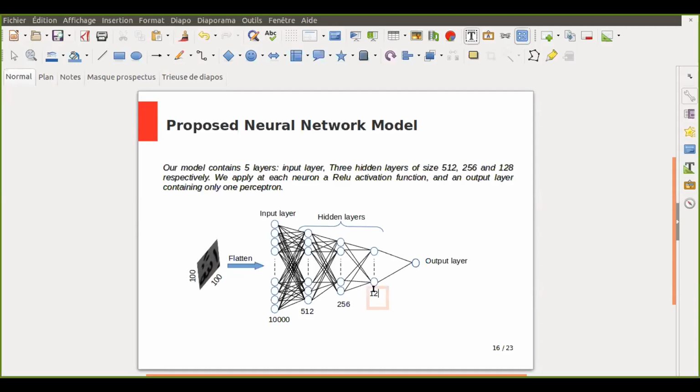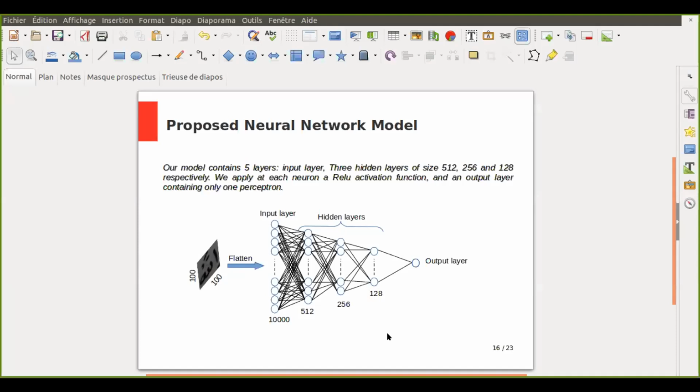Did you compare the results obtained with different choices of this parameter or not? I didn't hear your question. We can change the parameters of the method. Yes, there are several techniques to improve the training. In this work, the results obtained by this architecture were good. We didn't change this parameter. Okay, thank you.